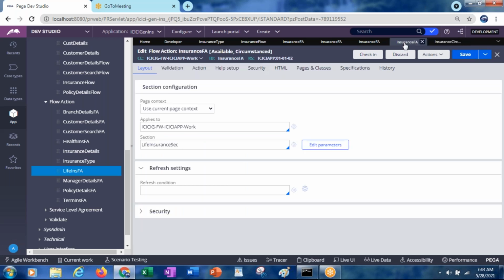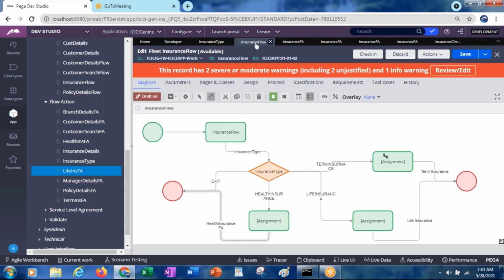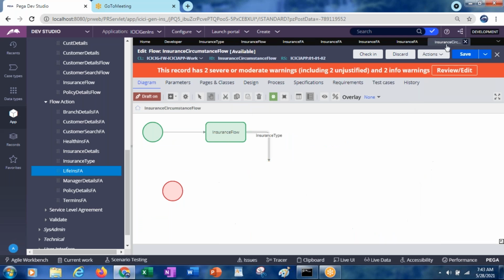First we need to select the insurance type. That should be there. Why? Because we are selecting in the drop down only.